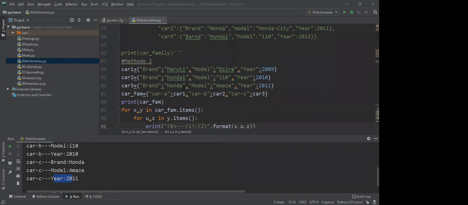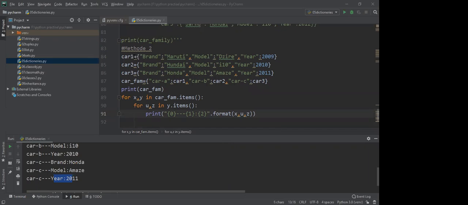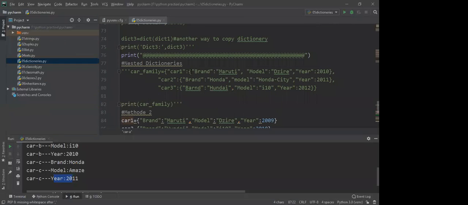So here, Shravan, what we are doing is, I'm creating car1 dictionary with the 3 items. One is brand, model, year, like as we have created dict1, right? Similarly, I'm creating car2 and car3, like dict1, dict2, dict3 we are creating. Another dictionary I'm creating, car_family. So here the key name is car A. For car A, there is a brand, model, and year, right? So again, if I write here, we have to write like this, right?